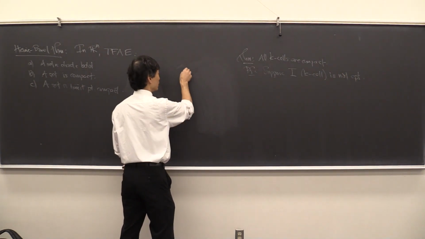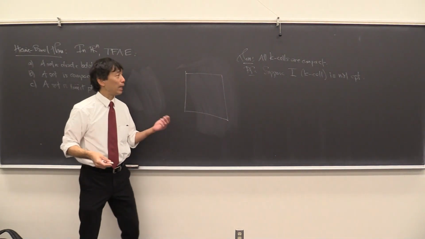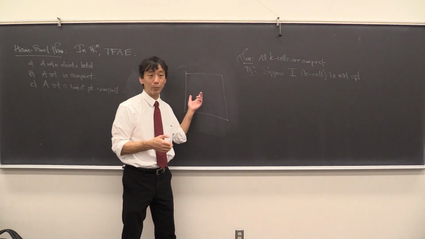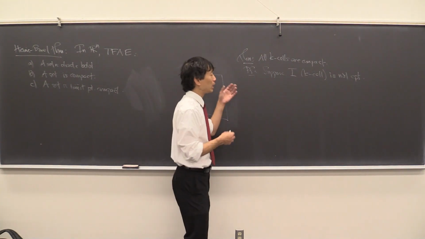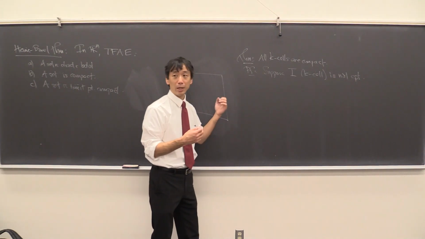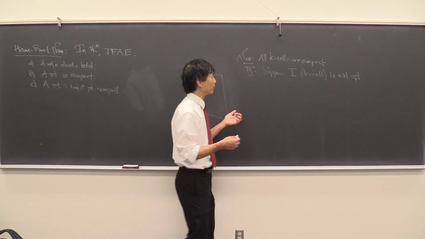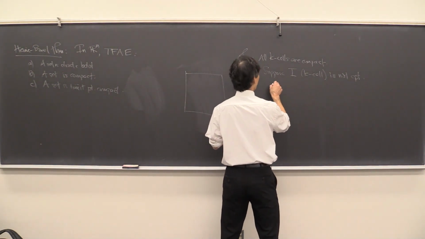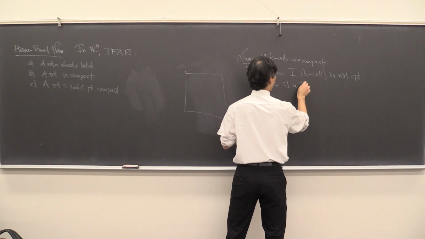So you've got this k-cell, and it's not compact, and that means that there's a bad cover. Remember what that means? Being compact means that every cover has a finite subcover. Being not compact means that there's at least one bad cover for which there is no finite subcover, right? So, i.e., there exists a bad cover,